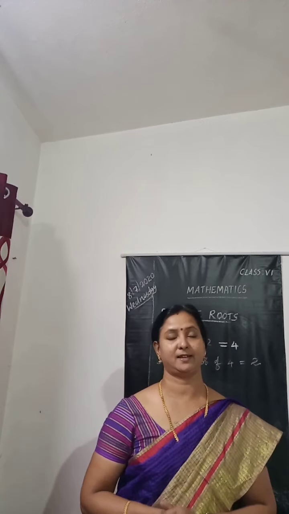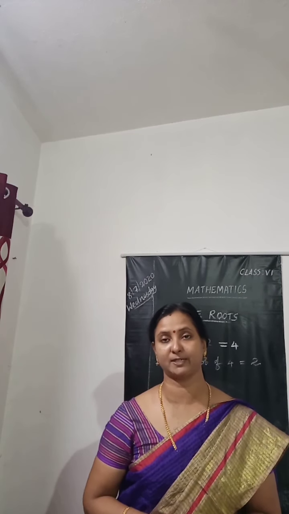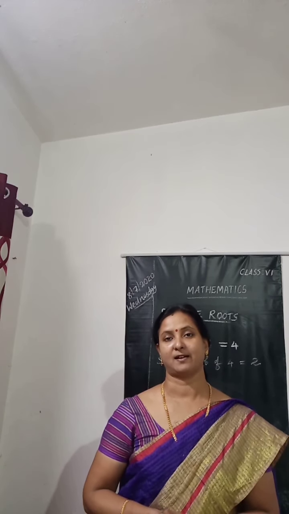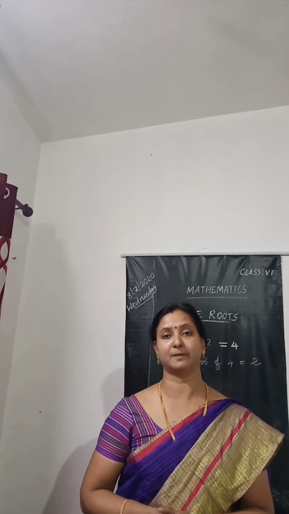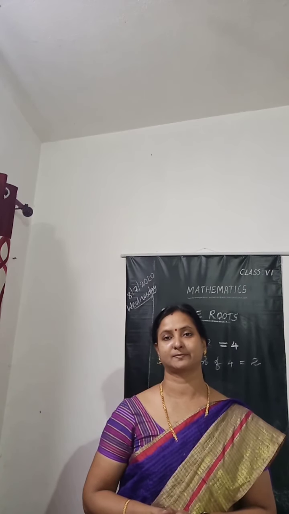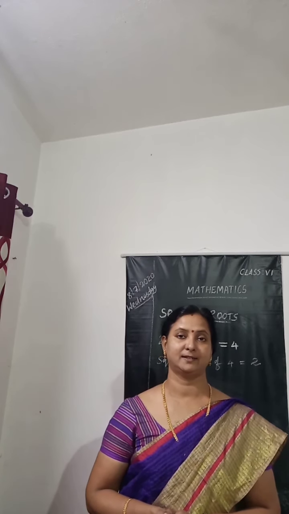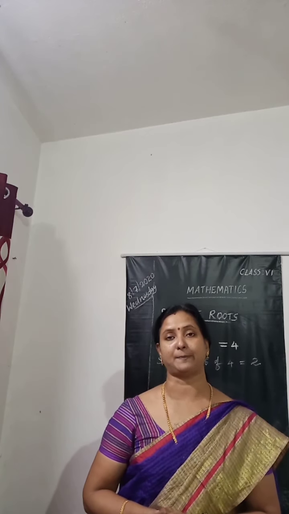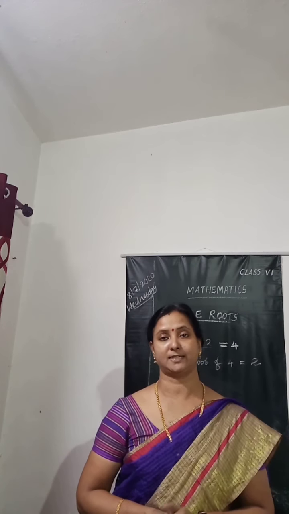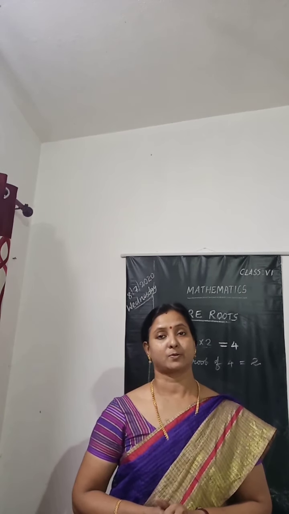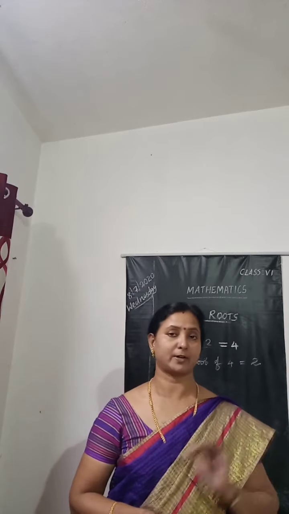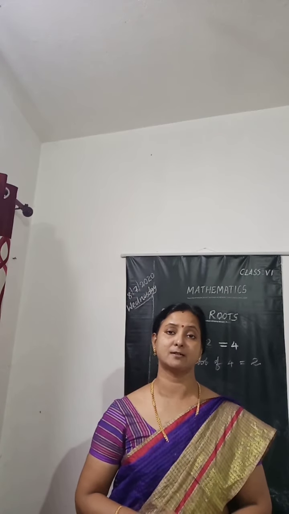And in the last session you learned what Pythagorean triplets are, and how to find members of Pythagorean triplets. All those we have learned. Now let us see the next session of the chapter, that is square roots. The chapter name is squares and square roots. In that, square numbers we have learned. Now it is square roots.